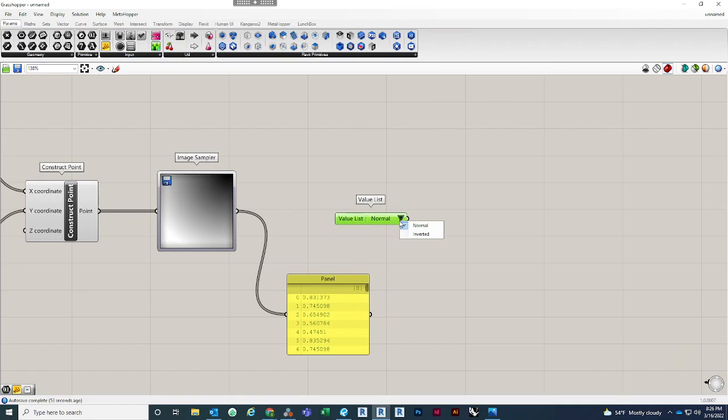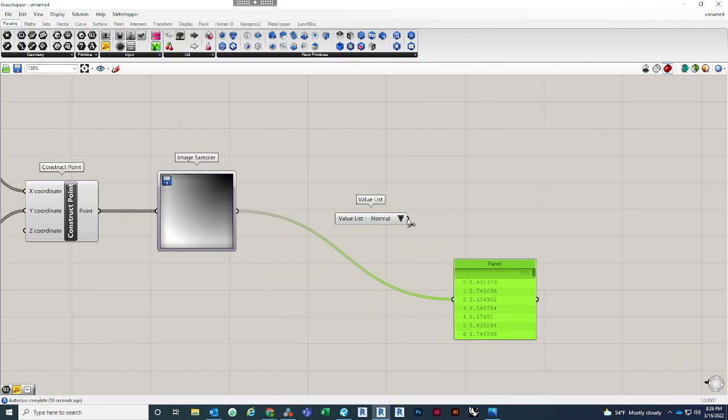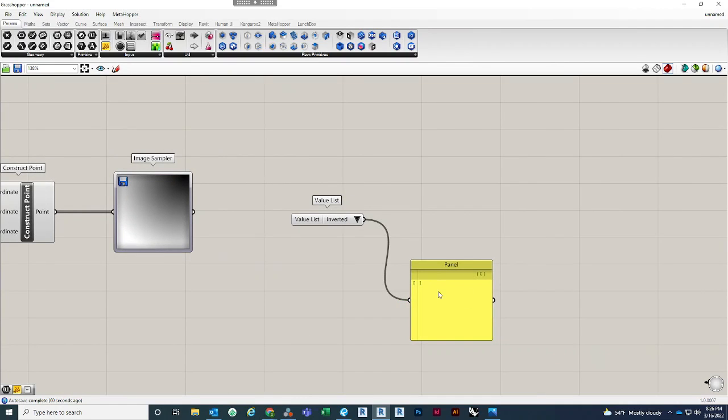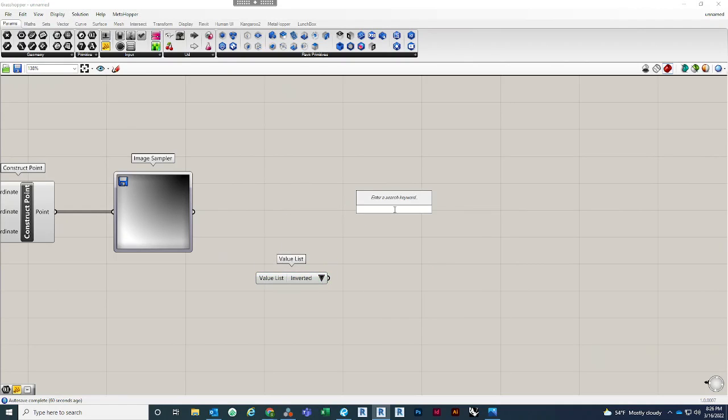Okay, so if we do the drop-down, we have normal and we have inverted. And if we plug our guy into there, we have 0, and then we select inverted. Our value is 1. What we're going to do is take a subtraction component, plug this inverted into B, this guy into A,